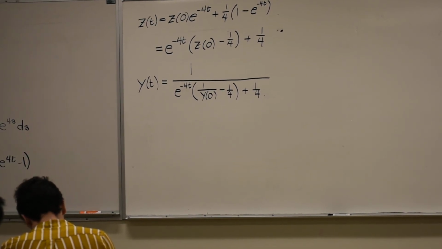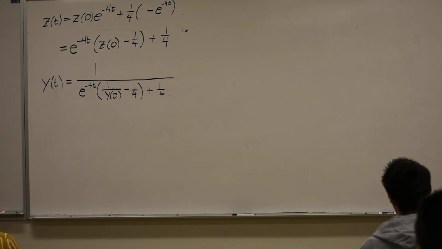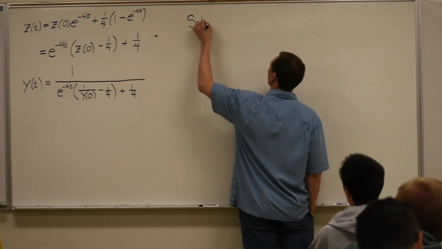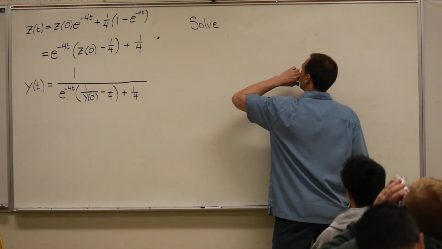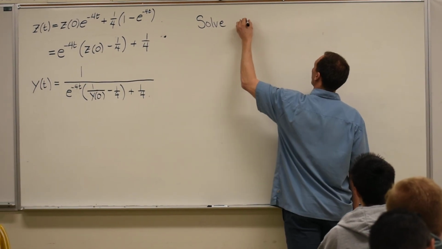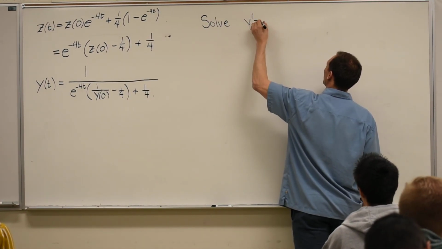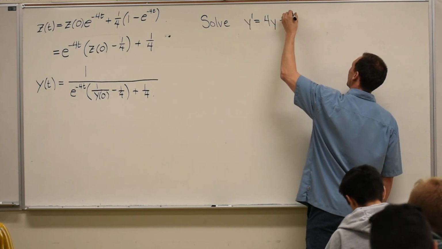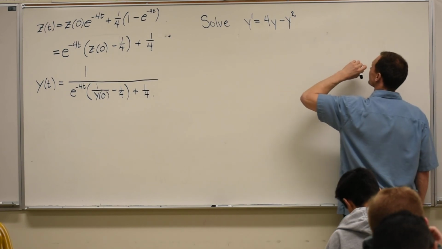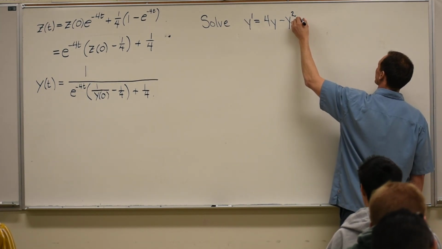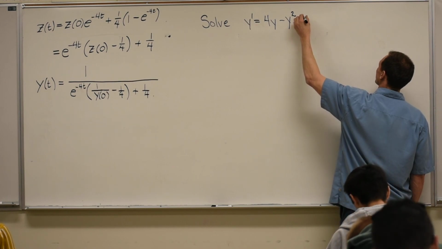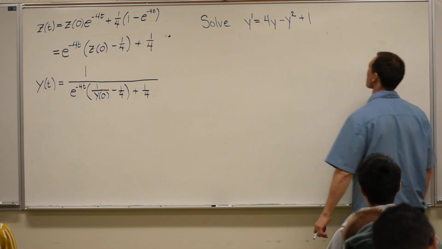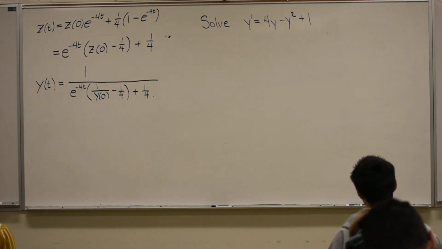Questions on that? Let's solve one more. So our last one we're going to do is solve y prime equals, I'm just going to write this again, 4y minus y squared plus 1. If I have a